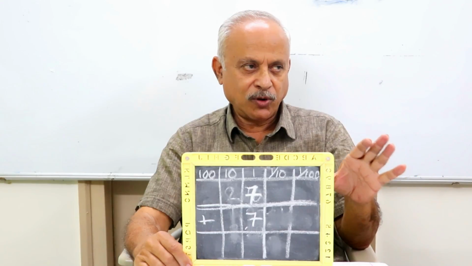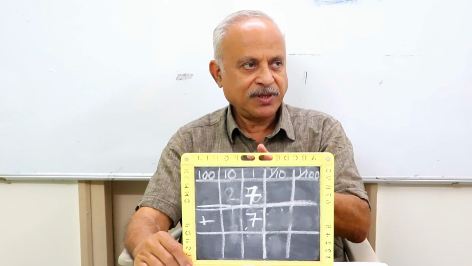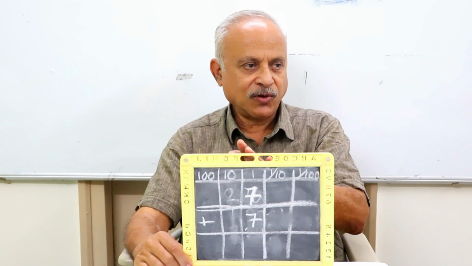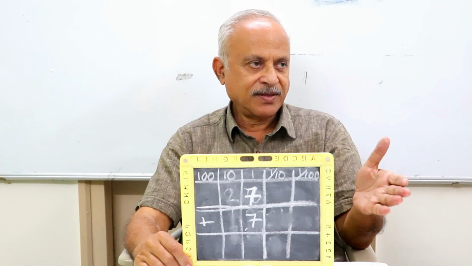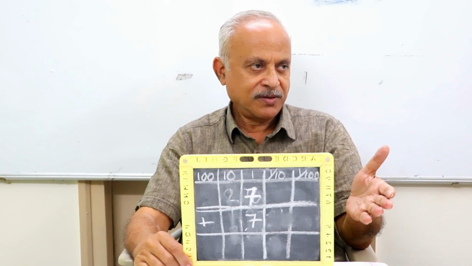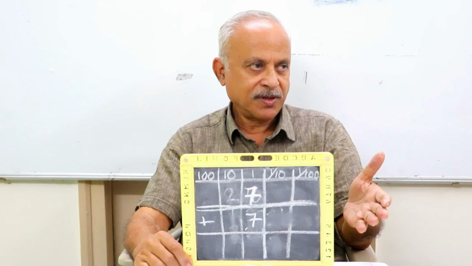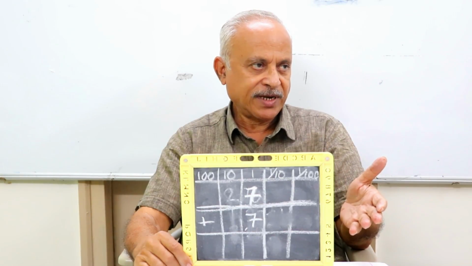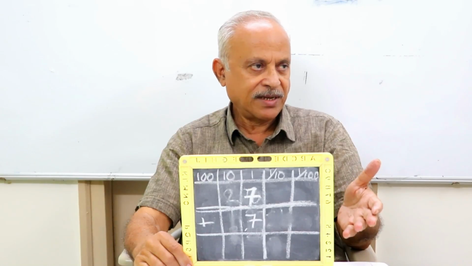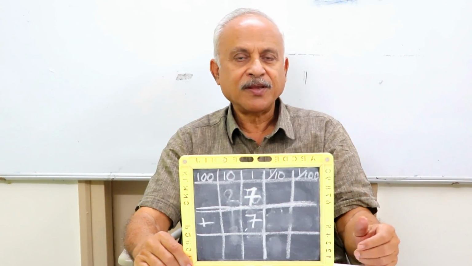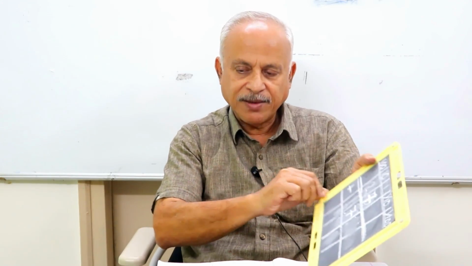If I ask you to write what is there, it will be just 14 in the house of ones, right? But that is the which form? Loose form. And I can convert that into a tight form. What is the tight form? 1 ten and 4 ones. Okay? All right. Now I want you to do the same problem